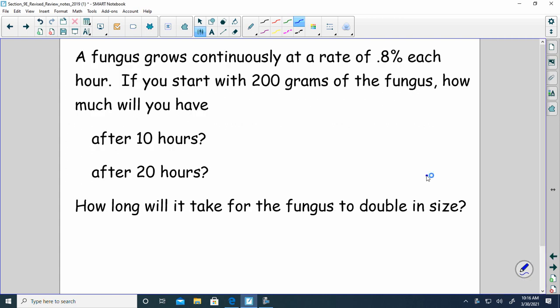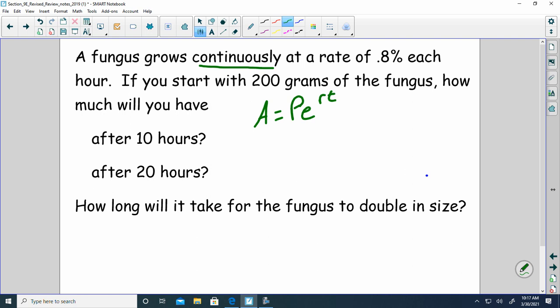All right, a fungus grows continuously at a rate of 0.8% each hour. If you start with 200 grams of the fungus, how much will you have after 10 hours? How much will you have after 20 hours? And then how long will it take for the fungus to double in size? So, things that are being pointed out: this is continuously, which means it is this equation,